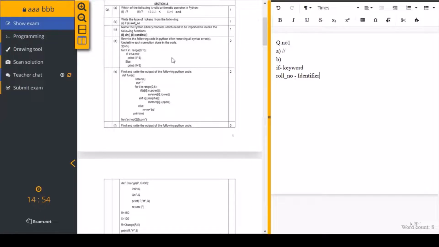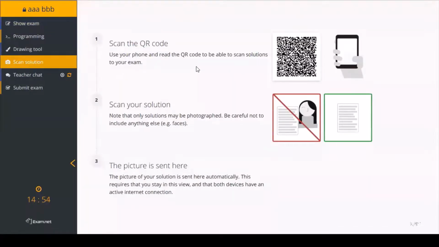Suppose for question number E, I need to write on a paper. I cannot type here, for example. Then you write the answer of that on the page. And then you need to scan that solution. So click on the option scan solution. Then it will take you to this location where you need to scan this QR code. To scan this QR code, you require your mobile phone. And in the mobile phone, make sure you have the QR code scanner. Nowadays, all the latest mobiles by default have this scanner. If it is not there, please download it from the web store.